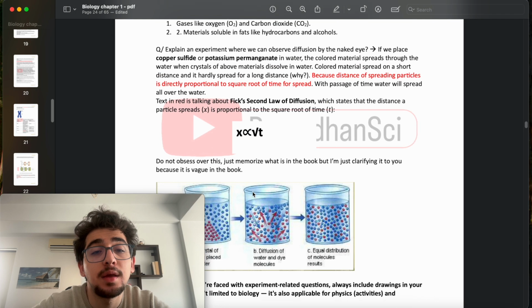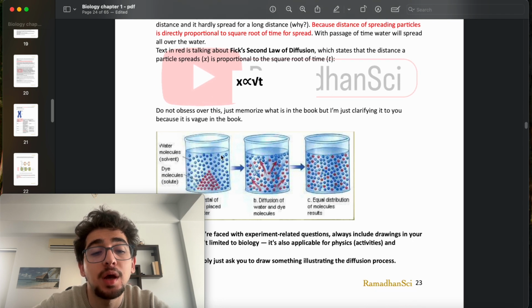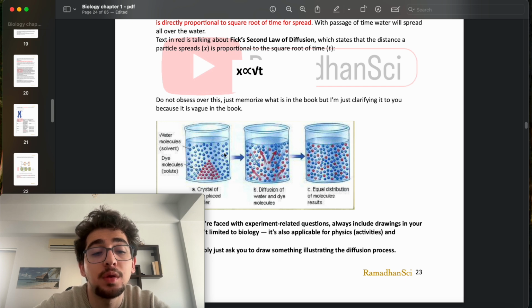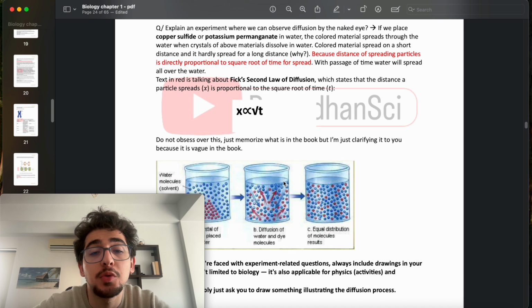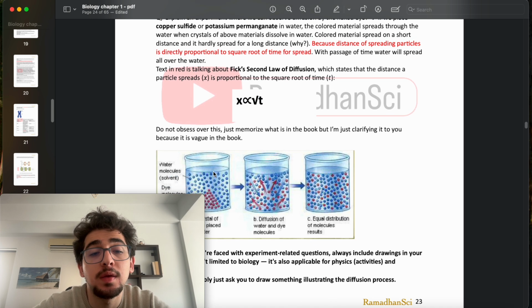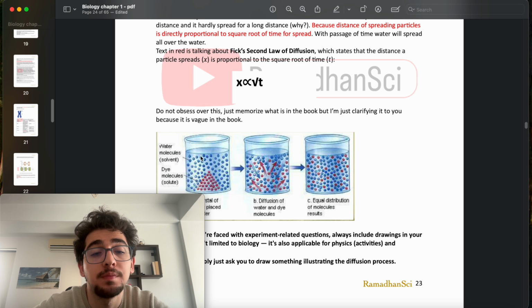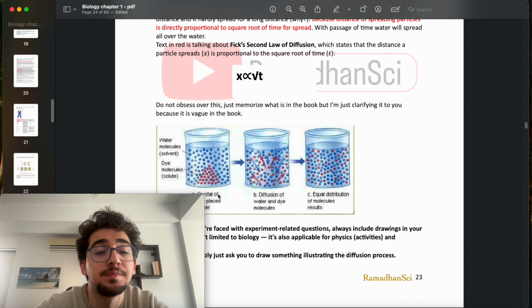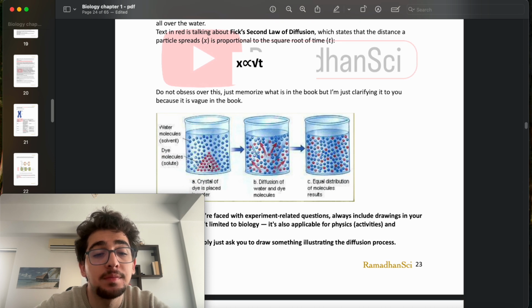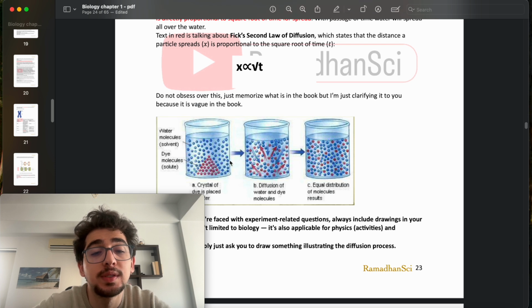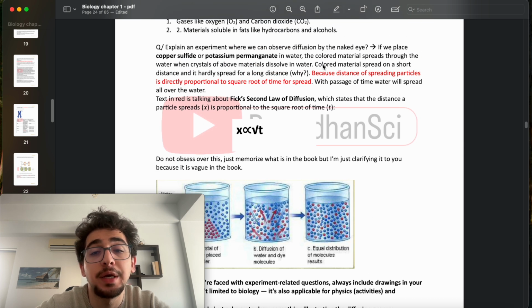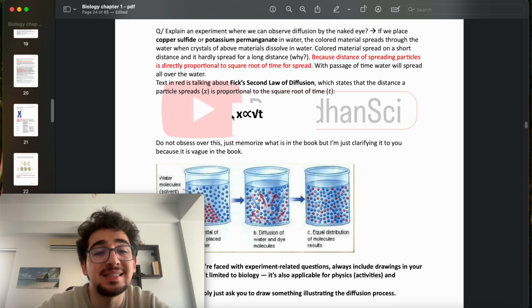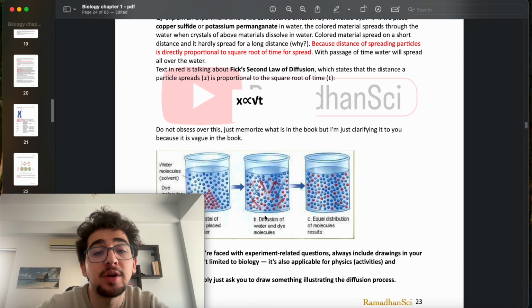If they tell you to explain the experiment where we can observe diffusion with the naked eyes, you'll just write down this. So basically, we have a water can and we fill it with water, and we put either copper sulfate or potassium permanganate, which is pigmented. It has a dye. It will typically diffuse throughout the water until it is diffused throughout the whole water. But you need to pay attention that they spread on a short distance, and it hardly spreads for a long distance,